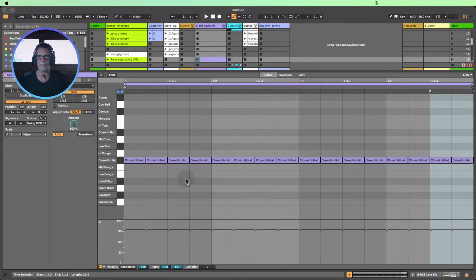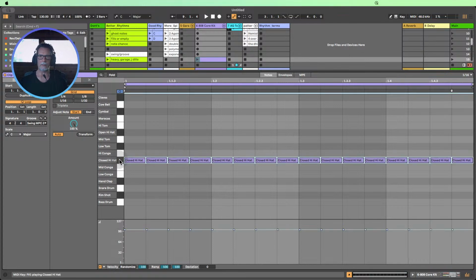11 gives us the same option, and that is to randomize the velocity of these notes that I've programmed in here. So that looks different because this is 12, but you can do the same thing. You can go and randomize these closed hi-hats. So the first thing we can do is have in this group of 16th closed hi-hats, we can go down